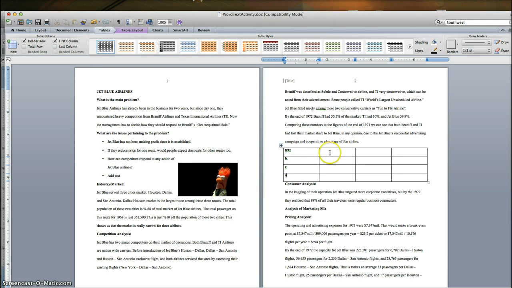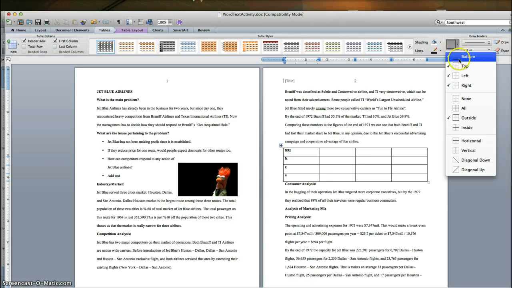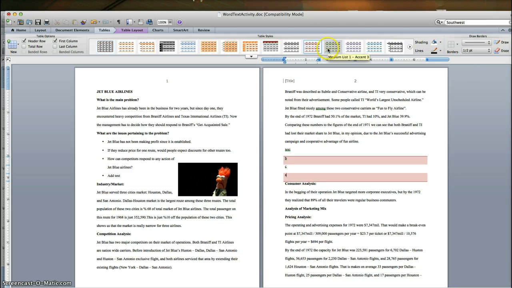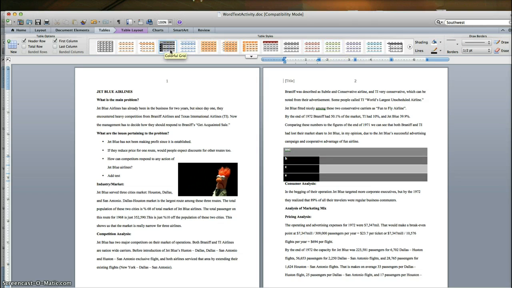Now that I have my table, I have some border options. If I click on this drop down, I can choose where I want my lines, and I can choose where to have my borders. I can also change table styles easily by using these pre-made options up here. Once I've chosen what I like,